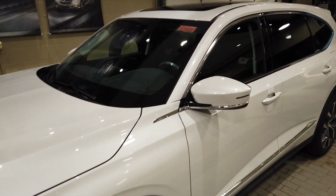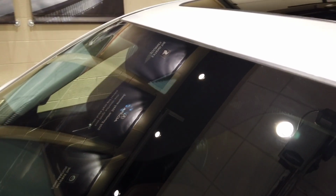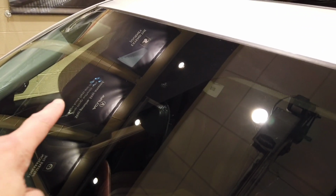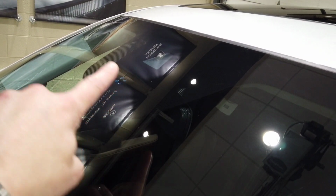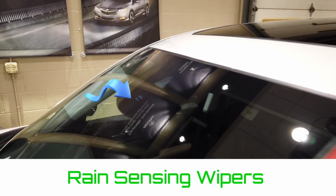Okay, and the next feature that comes in that technology package is going to be right up top here, right there in the windshield, which you can barely see. That camera system and everything comes with the adaptive cruise control and what have you. The collision mitigation braking system works together. But right below that are the sensors for the